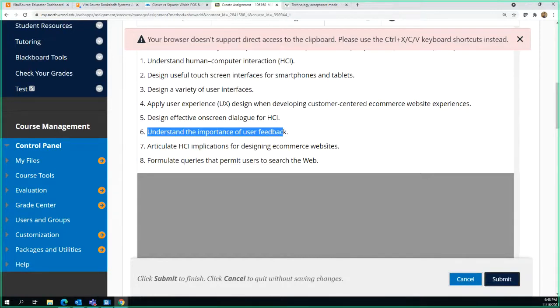And what's the likelihood that they're going to accept it? Is it easy to use? Now, is it easy to use just to you? How are you defining this, right? So these are things that you have to think about. You don't just jump into this stuff.